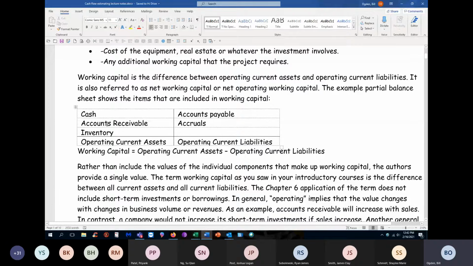And so, for example, if you had an increase in revenues, you would expect your receivables to increase. You'd have to carry additional inventory to meet this additional demand, and so on. You'd probably be making more purchases, so your payables would go up. You'd have more wages, more taxes. Your accruals would go up. So therefore, all of these tend to follow revenues. Right? What's missing here